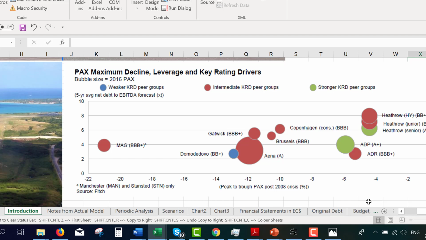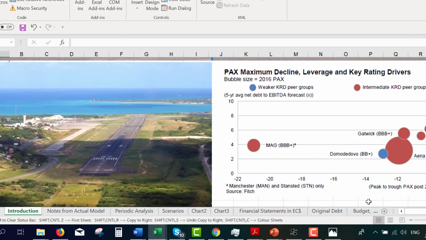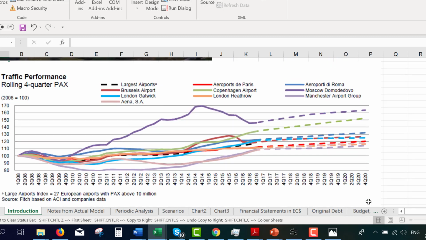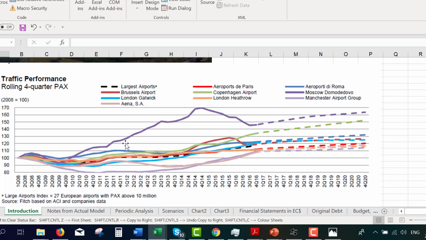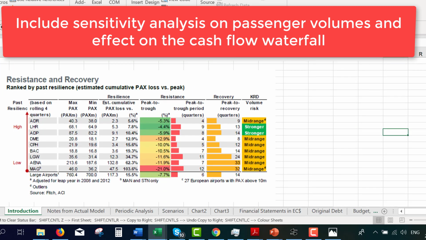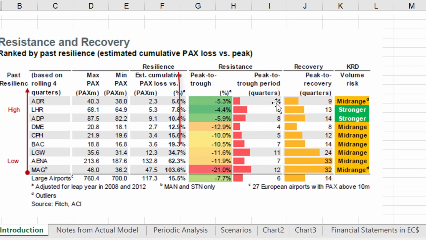said. There are some rules. There are some rules when we go through our model. We're going to see this. Now, at the end of the day, I haven't even done this. We're going to compare this airport to Heathrow and Gatwick and everything else, which had a peak and a trough, and what these rating agencies seem to do is when you evaluate your models, you go from this peak to trough, and we want to see if it can withstand a downside case of passenger traffic.